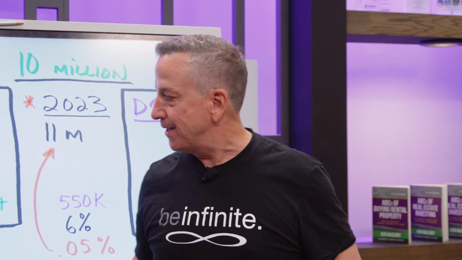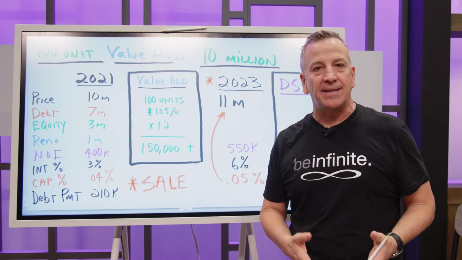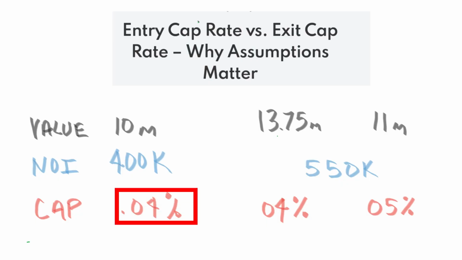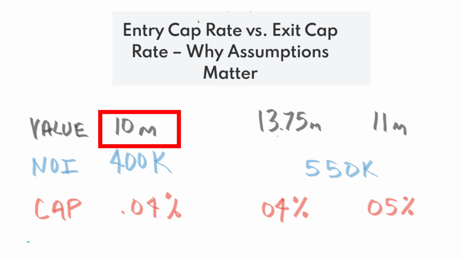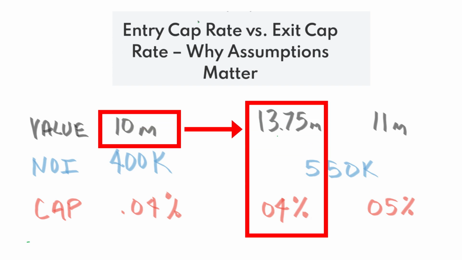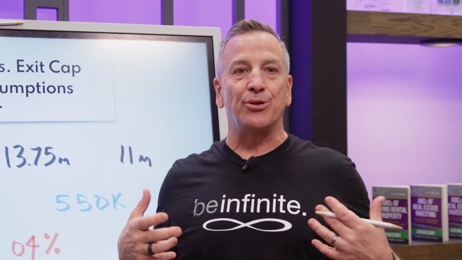And this is precisely why I try to lock in my interest rates and have assumable loans if I ever need them. Now let me summarize all this up. So the entry cap rate we already know is 4. The exit cap rate, of course, we've assumed is 5. If we take the NOI from 400,000 to 550,000, then you can see the 10 million would have at a 4% cap been a 13.75 million value add. But because cap rates went up by 20% or 1% more, we're now at $11 million value. So that is why the blind spot number 2 is your exit cap rate.